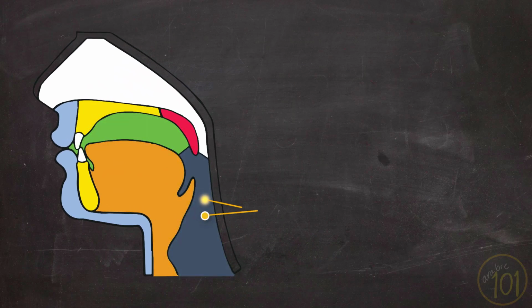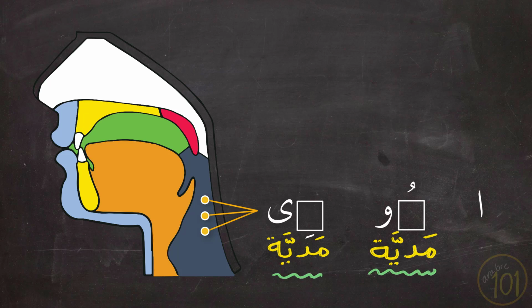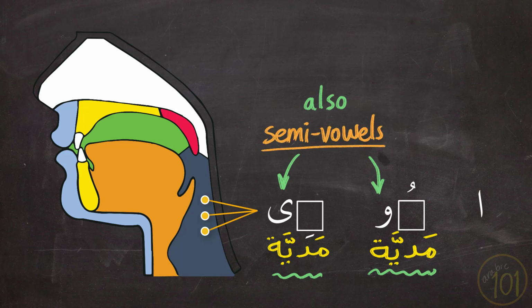This area is the makharij of the three long vowels, which are alif. The second is waw preceded by dhamma, and that is al-waw al-maddiyya. And last is ya preceded by kasra, and it is also called al-ya al-maddiyya. Now, naturally, we're adding the word maddiyya after waw and ya because there is another version of these two letters